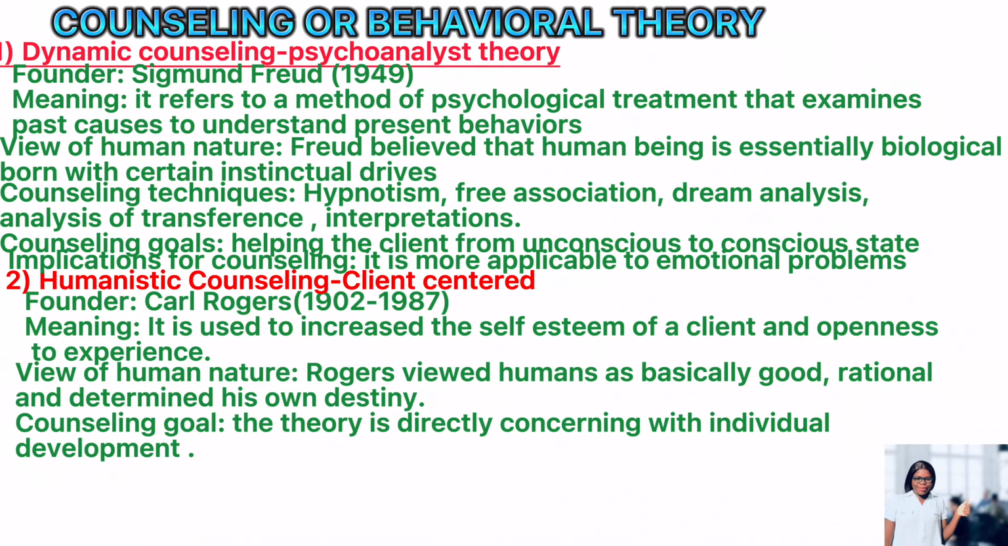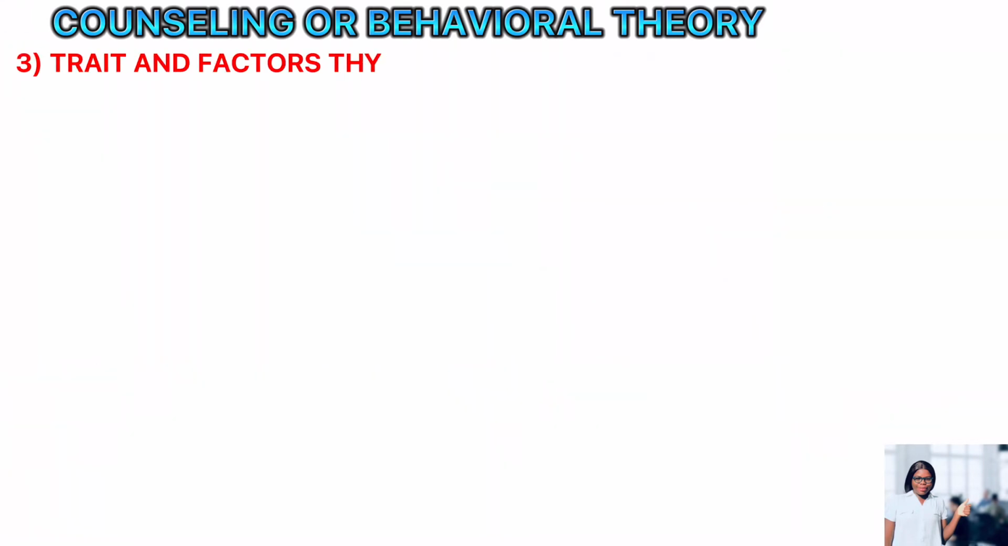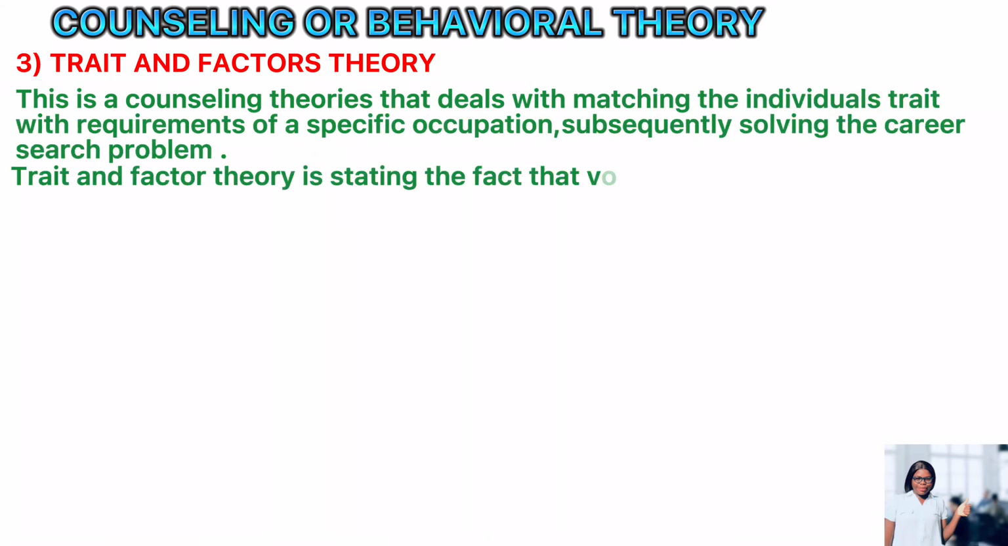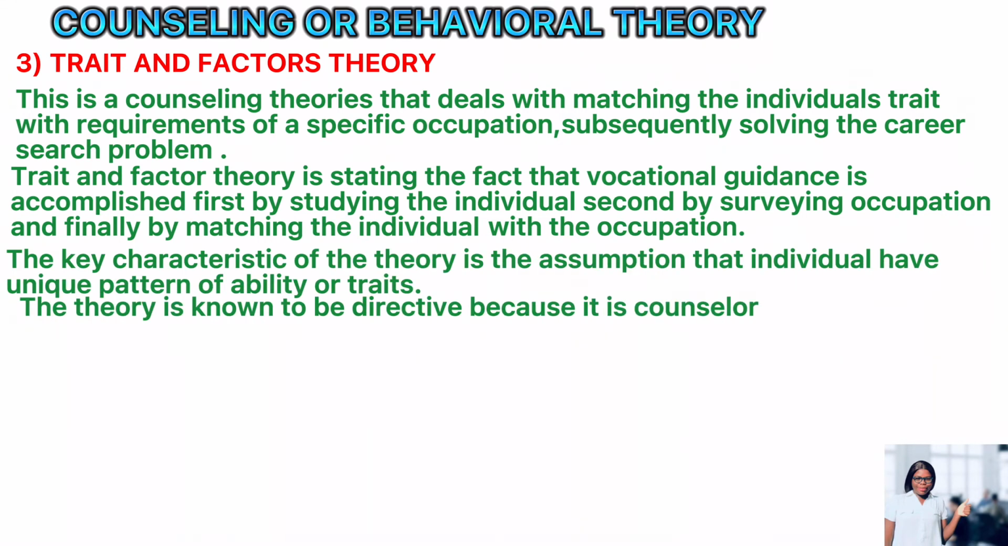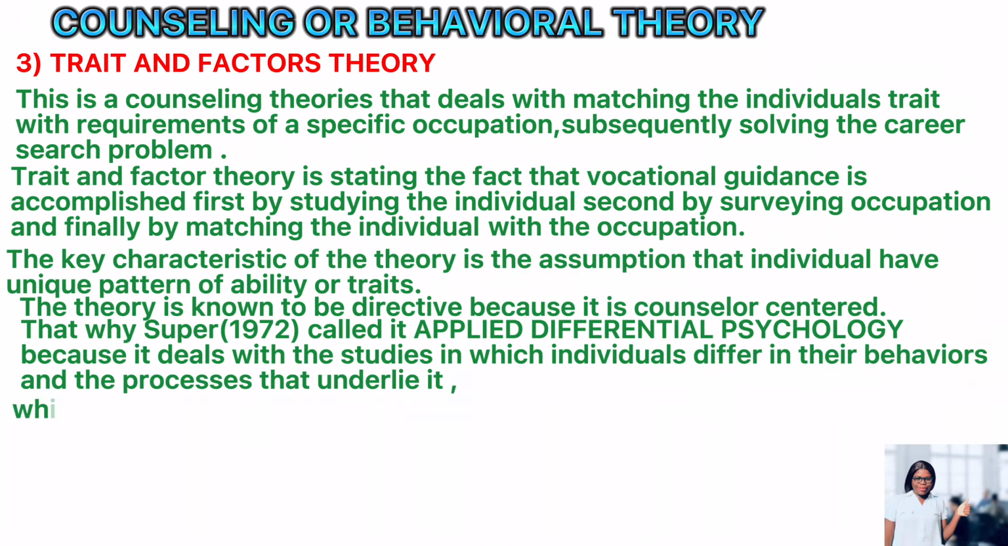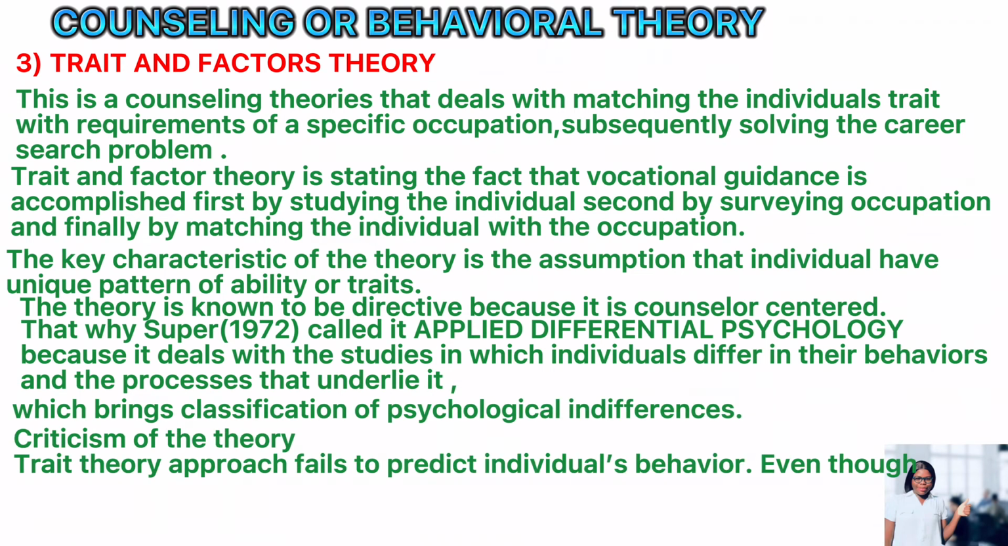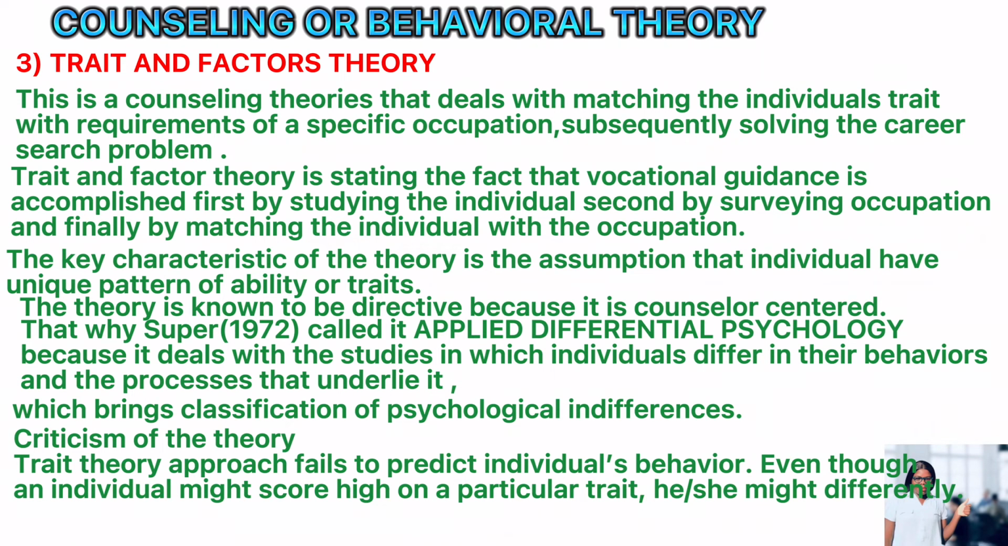So the last theory is trait and factor theory. The word trait refers to the way we describe a person. Like a person is outgoing, this person is short tempered, this person is generous, this person can communicate and make friends easily, this person is so quiet, this person is so calm. So by the time a counselor begins to know all these traits, they try to merge them with your